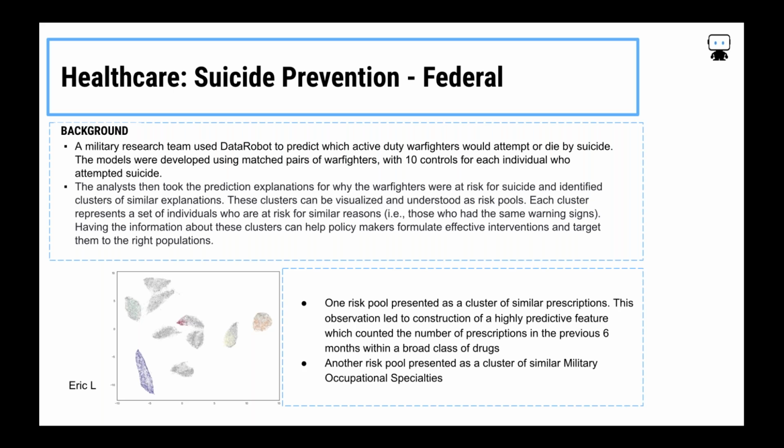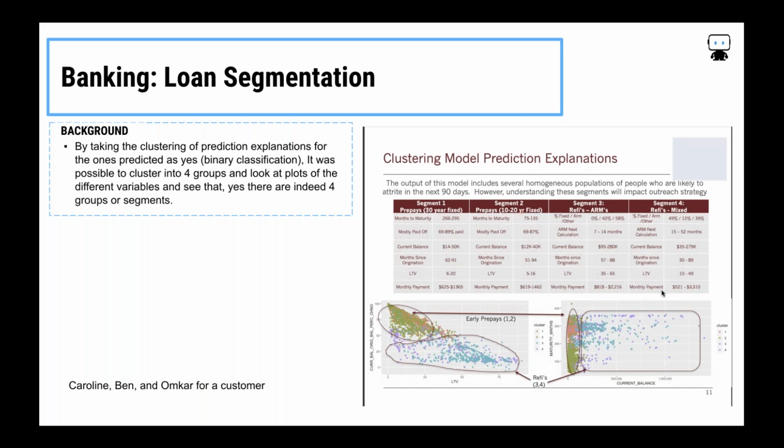Yeah, no, and one of the things I just wanted to clarify, Andrew, were you using text features in that model? Absolutely, yeah. A lot of the prescription information we might have included as, for example, a list of prescriptions as a single text feature, and picking out words and phrases from that. Yep, so I just wanted to highlight, there was a question about using this on text features. So yes, absolutely, we can easily use this on text features because we give explanations on text features. So that's just another piece of data that we can use.